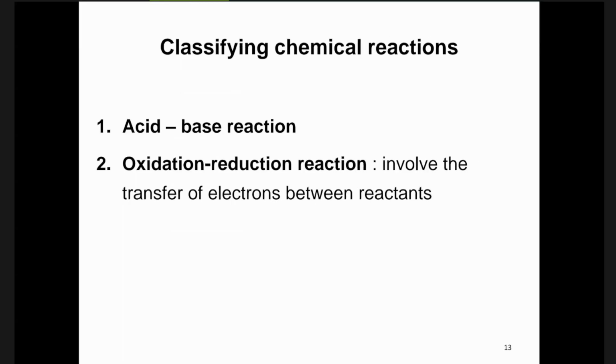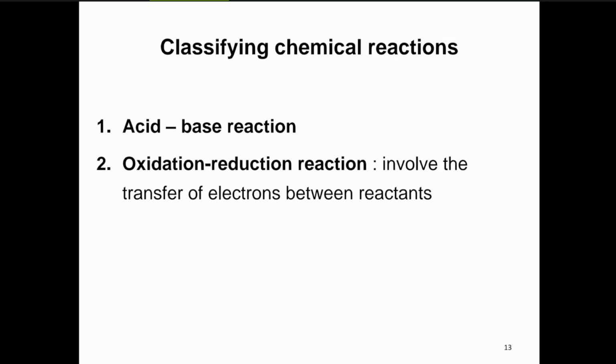Now, we talk about the classification of chemical reactions. In general, we put chemical reactions into 2 big classifications. We have acid-base reactions, and you have redox reactions, that means reduction-oxidation reactions. So what could be the difference between an acid-base reaction and a redox reaction? If you take a very representative acid-base reaction, you have NH3 plus H+,